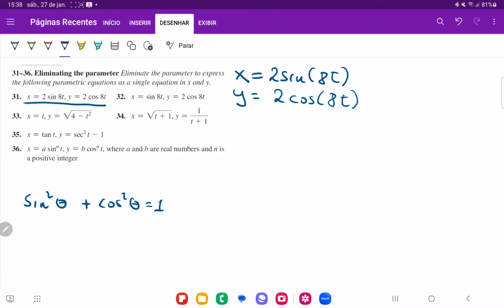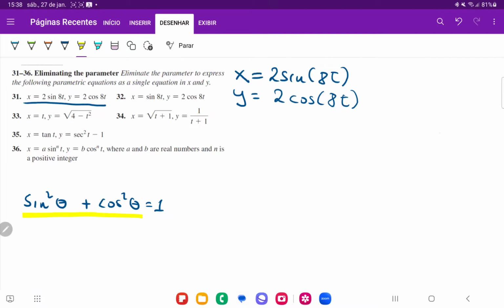So for 31, we want to eliminate the parameter to express the following equations as a single equation in x and y. So we're given x is equal to 2 sine of 8t and y is equal to 2 cosine of 8t. And the way that we're going to eliminate the parameter is by using this trig identity here, which